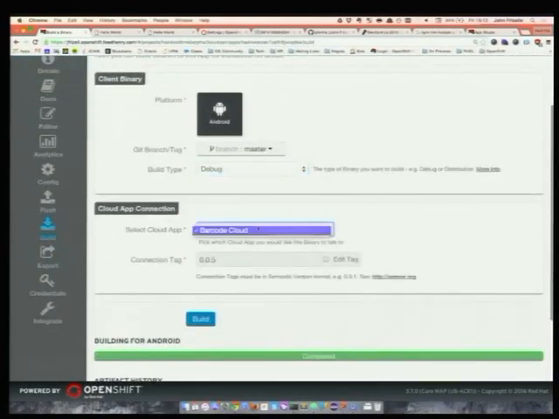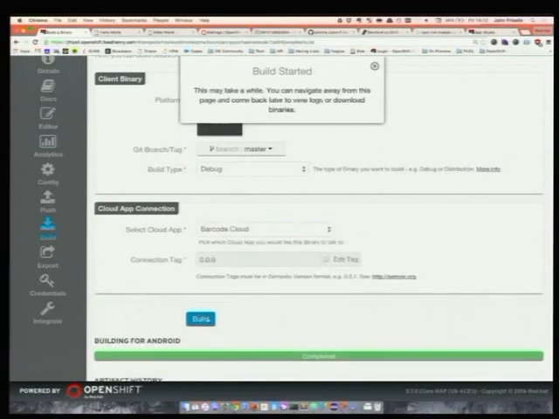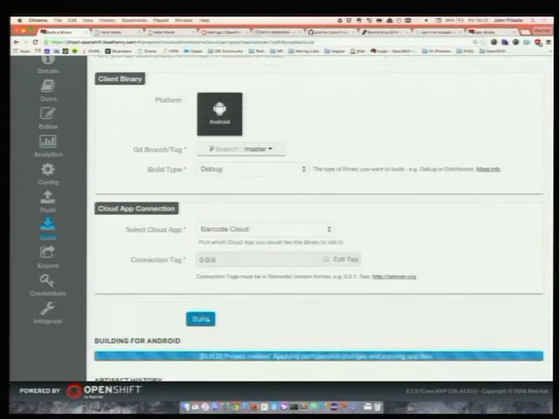And we're saying that we are talking to the Barcode cloud app. That's the guy in the middle. It is possible to have more than one of them, which is why there's an option here to select which one you want. So if you have an Android device, there will be a QR code appearing in just a minute if you want to install my lovely, ugly-looking app.